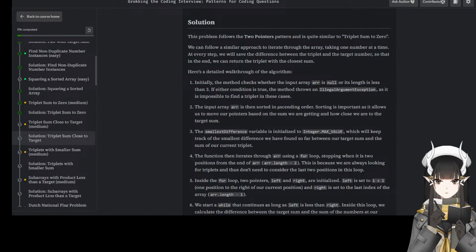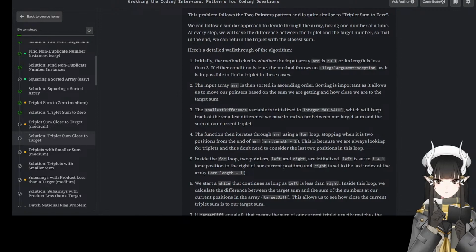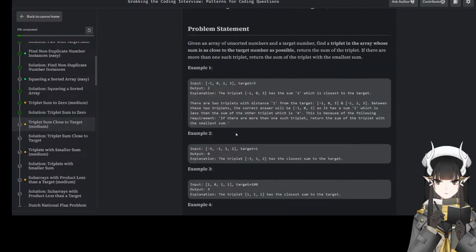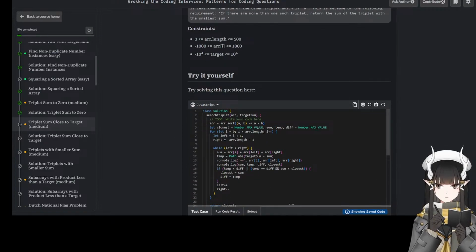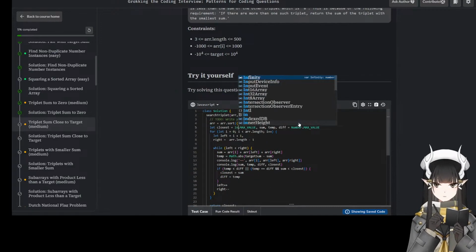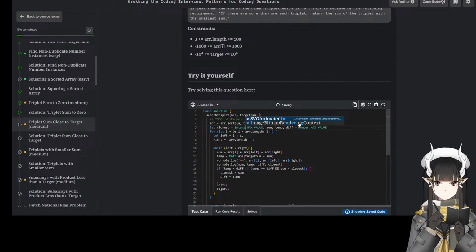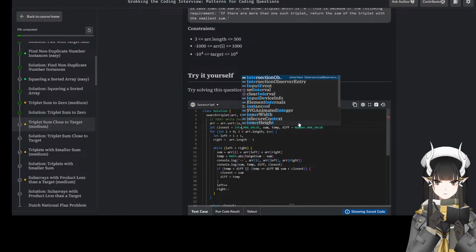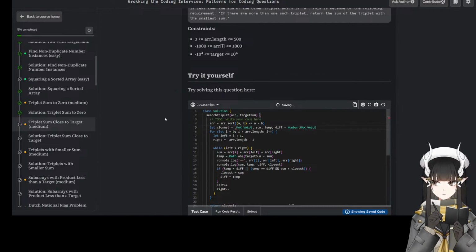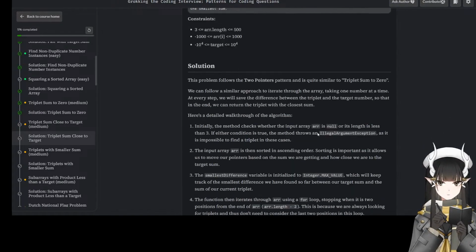The input array is then sorted into ascending order. Okay, I did that. The smallest number is integer max value. Okay, I did that. Wait, I'm not using Integer. Number dot integer, I don't think that has any. Wait, what's the thing? Integer max value?